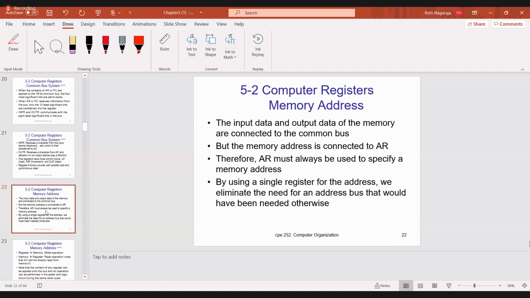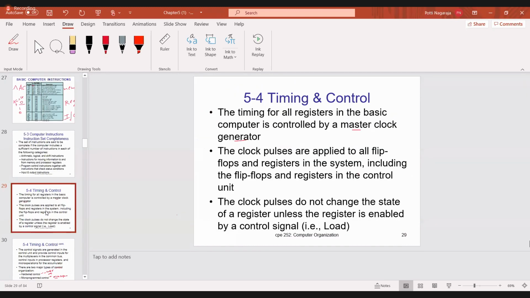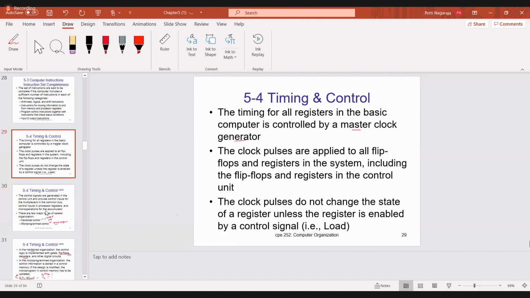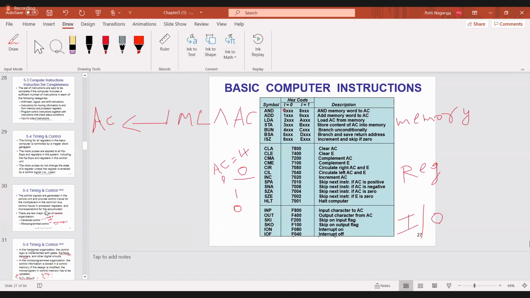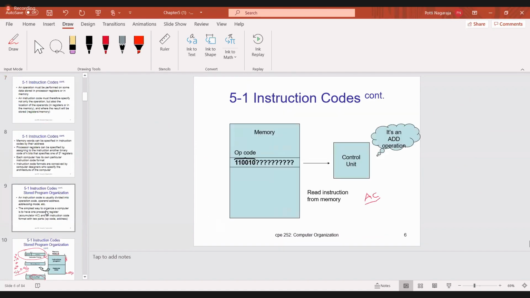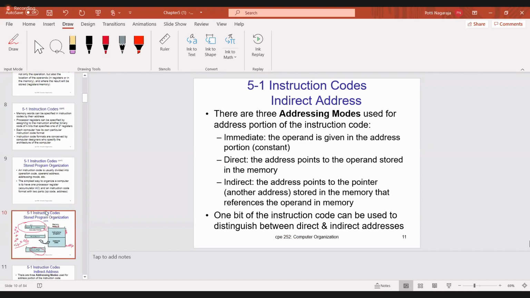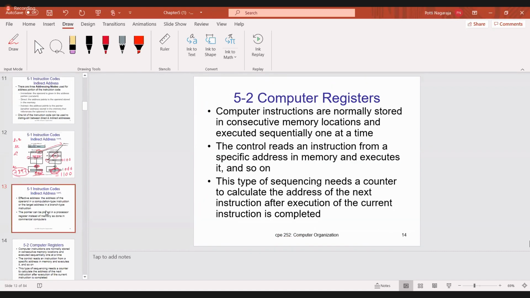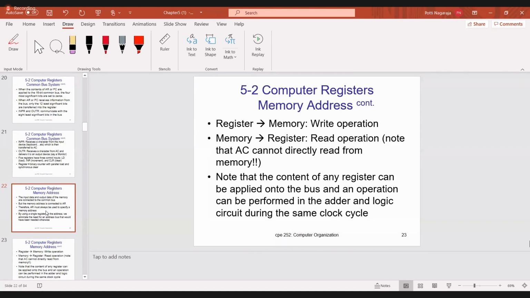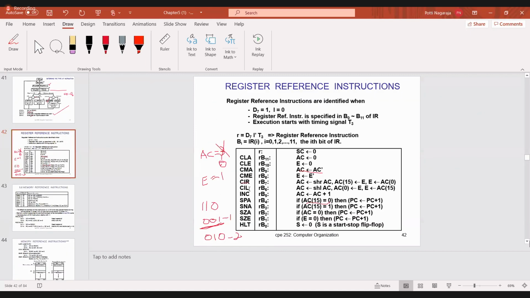I think this is the last chapter, and I think I explained this. CIR and CIL are nothing but circular right and circular left.